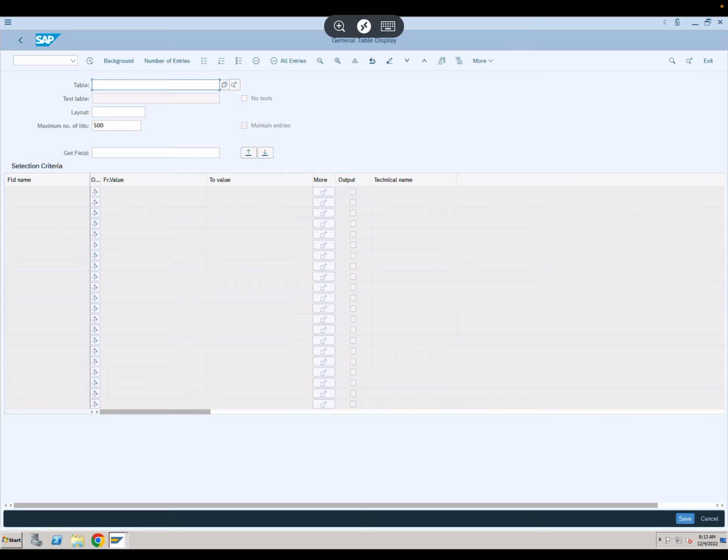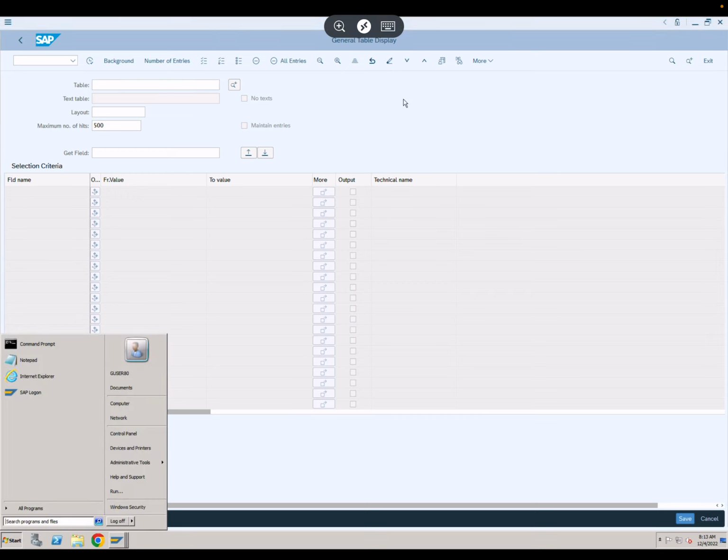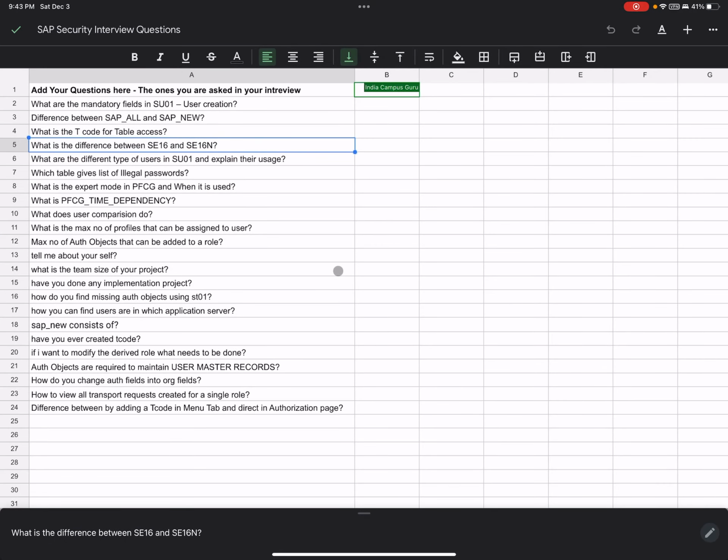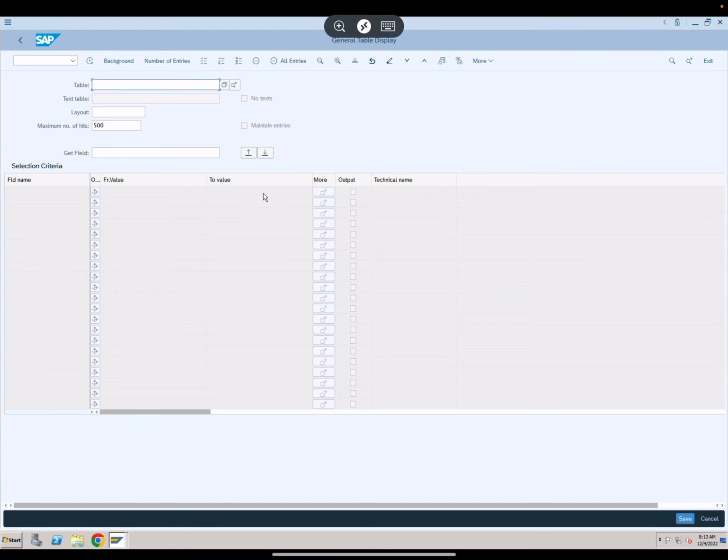Few people prefer SE16N, but just know SE16 is the older T-code with somewhat fewer options, and SE16N is more like the new T-code with maybe more options, more technical ones. SE16N probably is closer to how SE11, the actual ABAP table maintenance T-code, or SM30 looks.